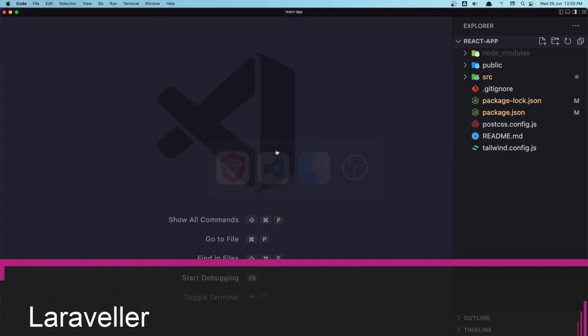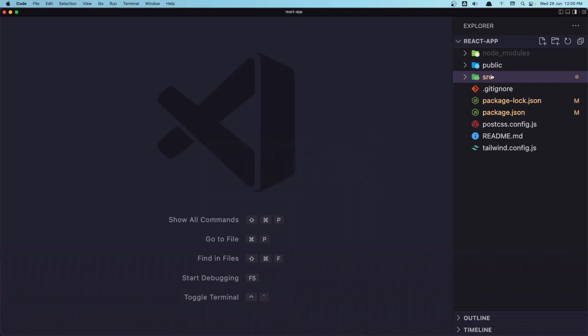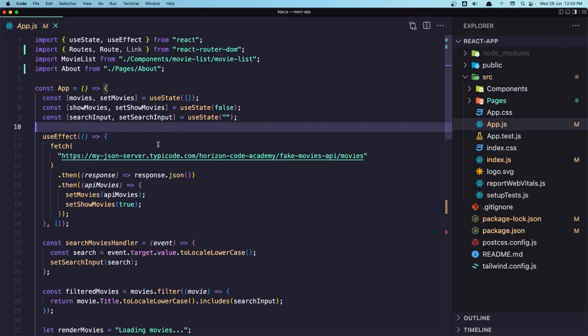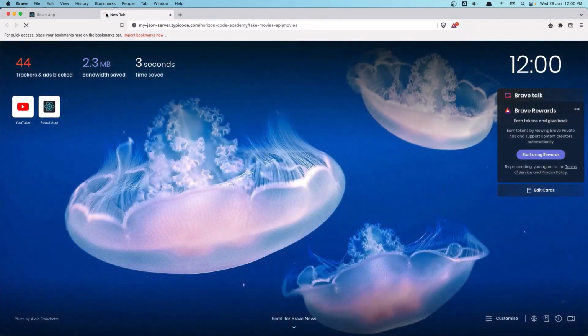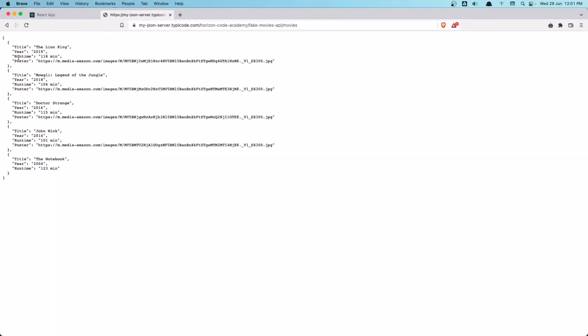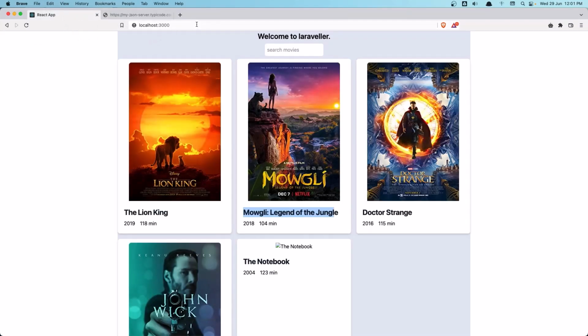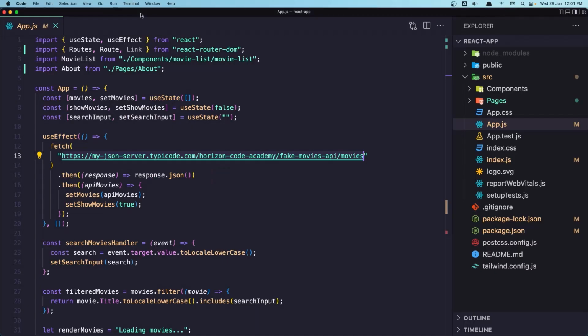But first we don't have the IDs, so if I go in the app.js, we get the data of our movies from this API, and if I copy and paste that API here, we can see we have only the title, the year, runtime, and poster, but we need also the ID. And when we go to get a single movie, for that I'm going to create a